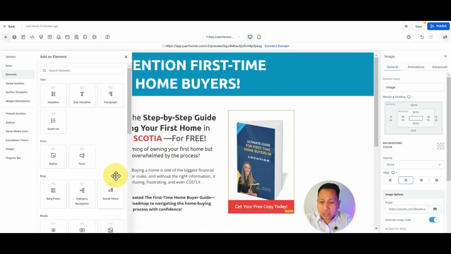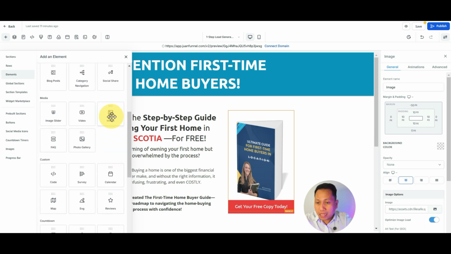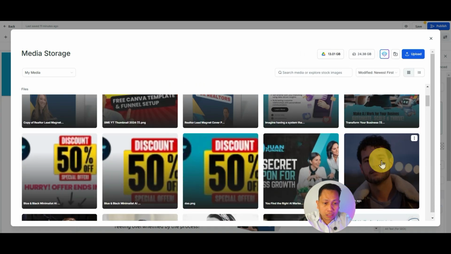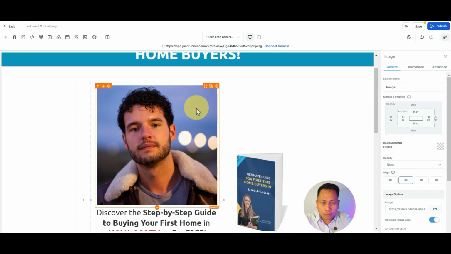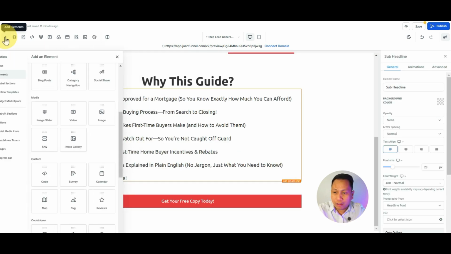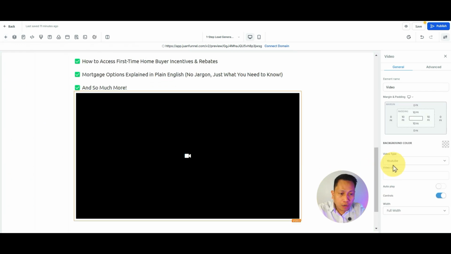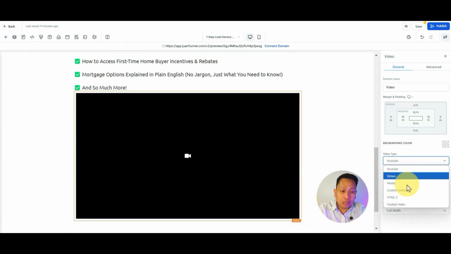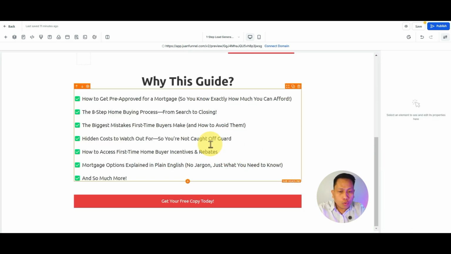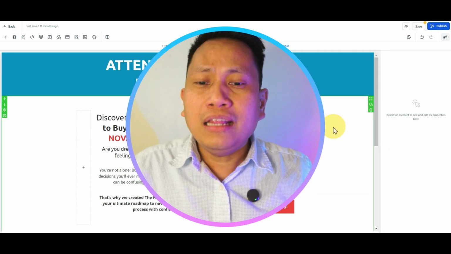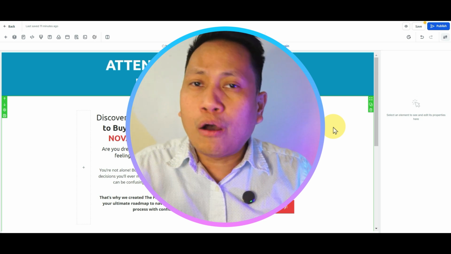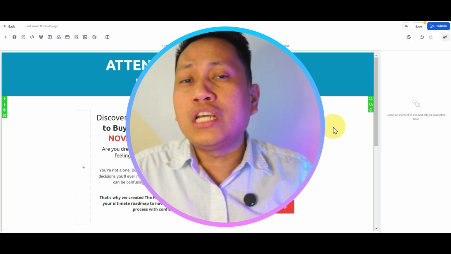If you want to add an image, just go here. Just simply click the image here, drag and drop, and you can add your photo. I'll just use an example here. This is my photo, for example, right? So that's how easy it is. Maybe you want to add a video, just simply click the plus sign, add elements, and video here. You have an option to just share the link of your YouTube channel, or you can upload in the system the video that you want to add here. So you can freely change this. And that's it. That's how you're going to create a landing page for your client. That's how you create a lead magnet easily using AI.